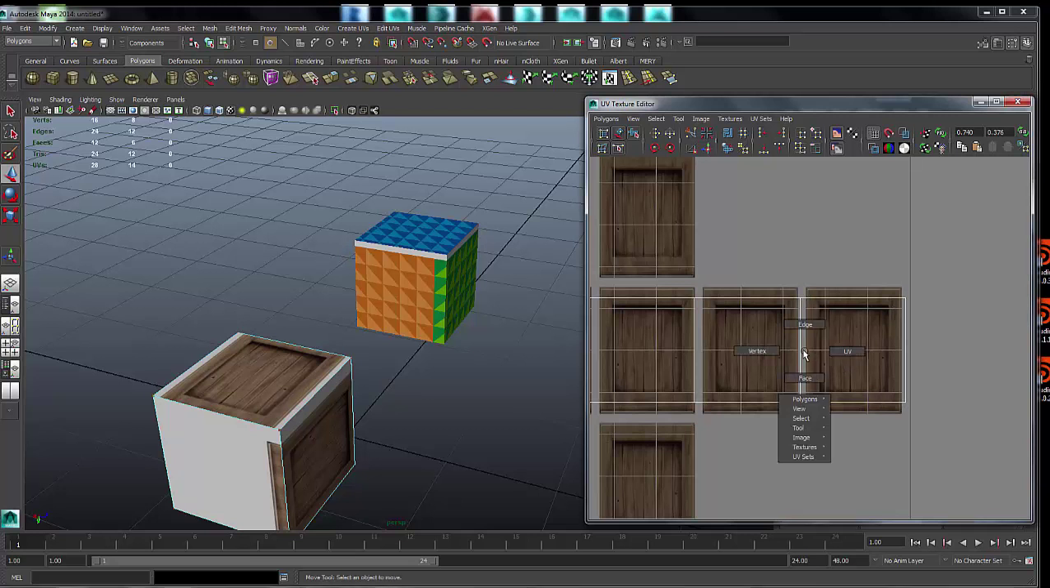How do we do this? Now, first we hold down right click, then move to edge. Selecting the edge, we move mouse